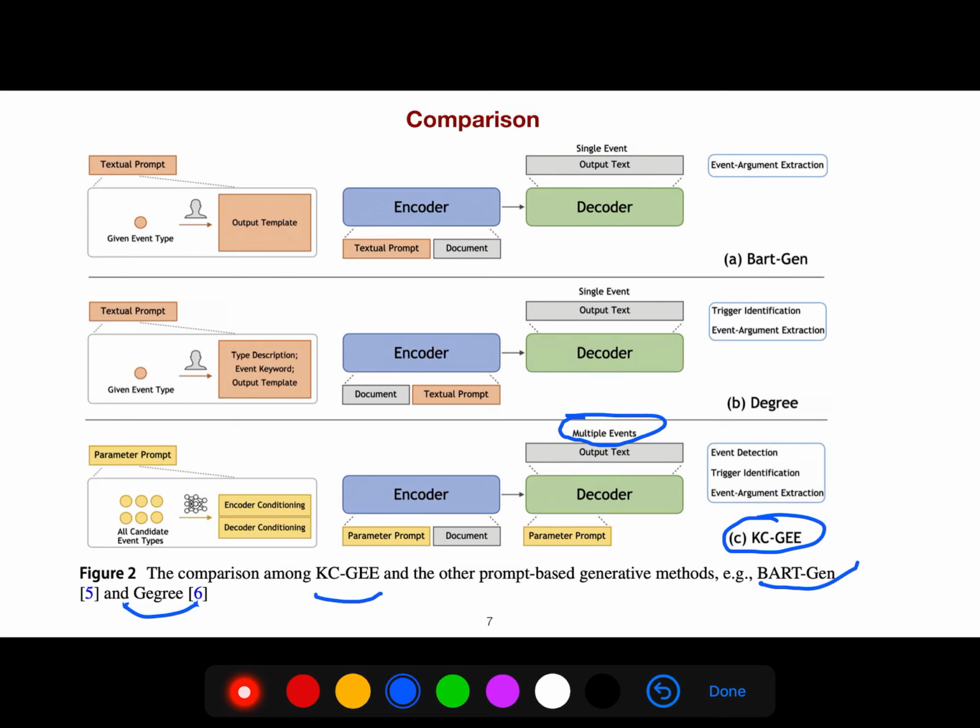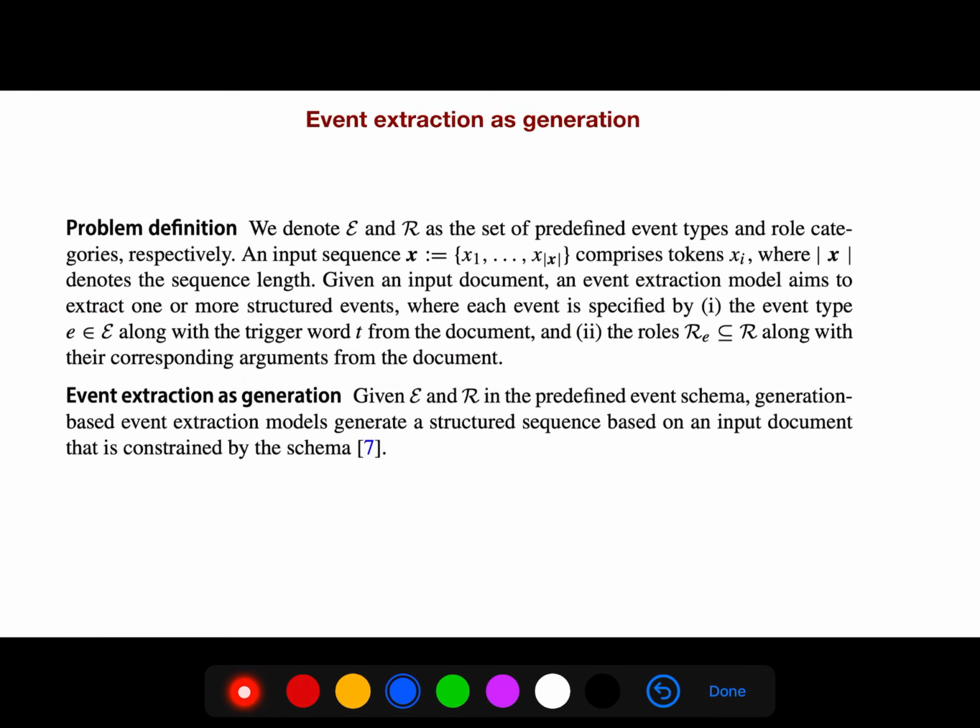It's not just a single event here, it's multiple events. But here we are doing conditioning, and not only decoder conditioning, but also encoder conditioning, because we have different candidate event types, and then we can frame event detection, trigger identification, and event argument extraction as a generative model.